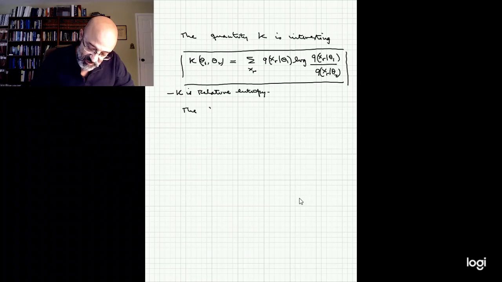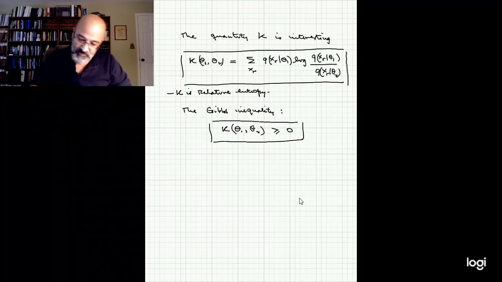It's called the Gibbs inequality. He was the first person to write an inequality like this. This quantity here is bigger or equal to 0. It is equal to 0